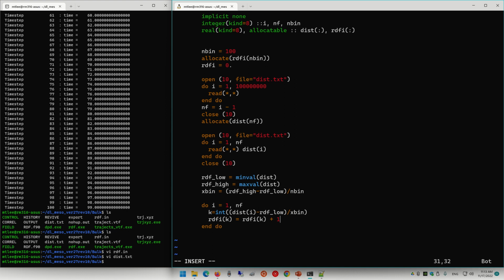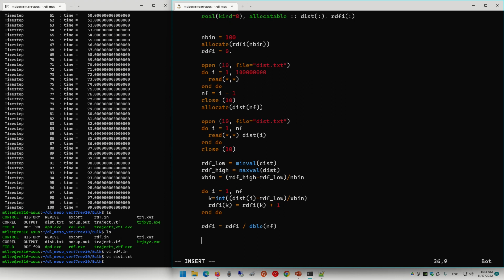Okay then, yeah, I guess that's it. So from 1 to NF, I calculate all of these positions, and then I just need to normalize it. RDFI equals RDFI divided by M bin. Oh no, NF. Real double NF. And then I can just write this to the screen.